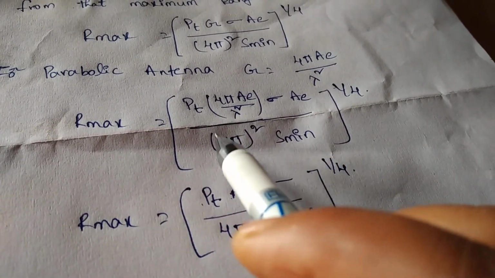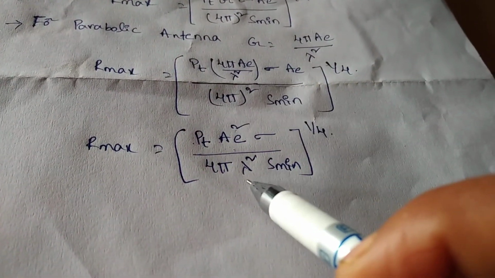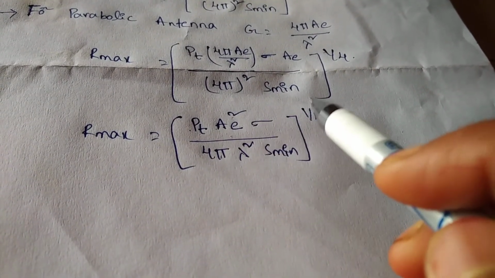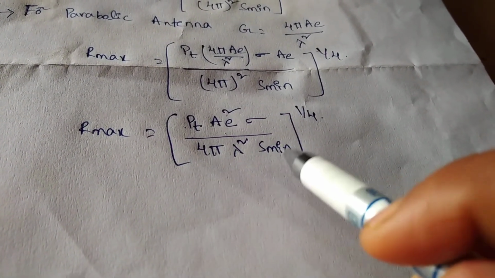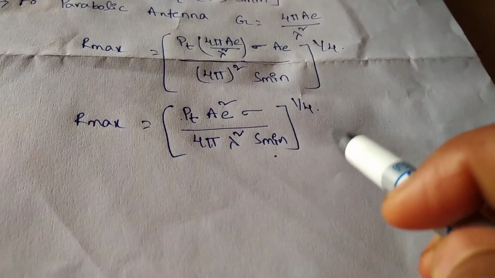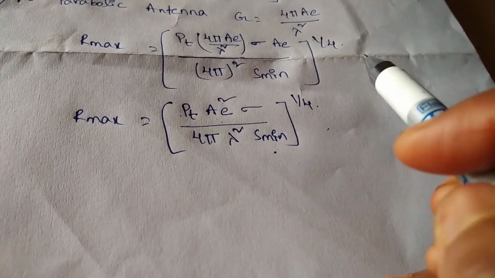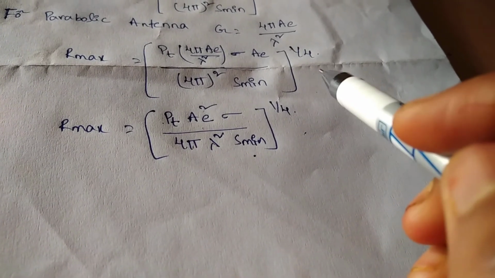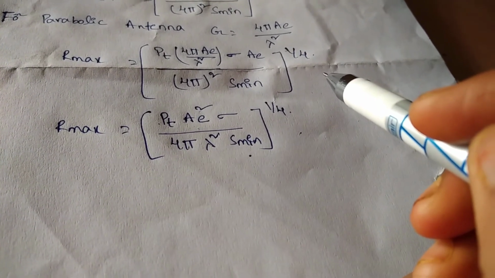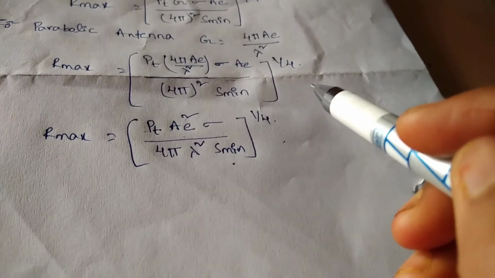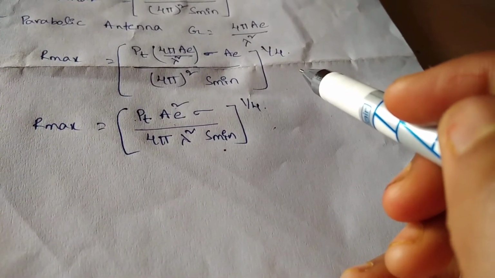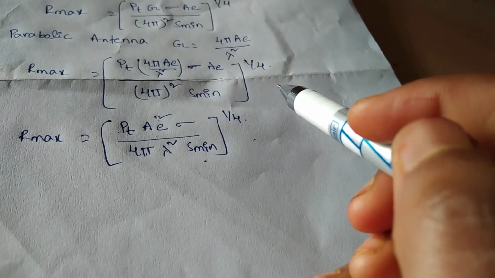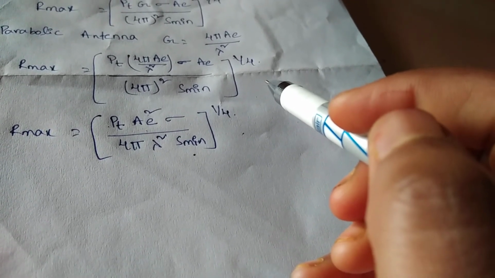We can simplify that and write Pt AE square sigma by 4 pi lambda square S minimum, whole power 1 by 4. This radar range equation is very useful to understand on what parameters the range of radar depends